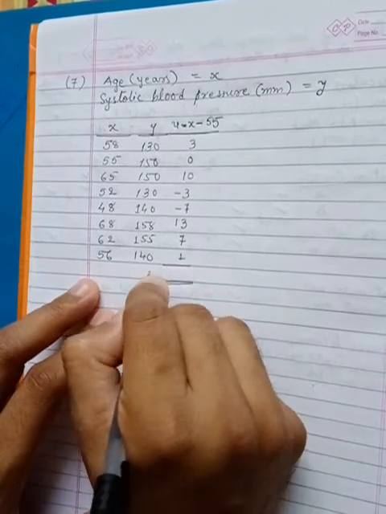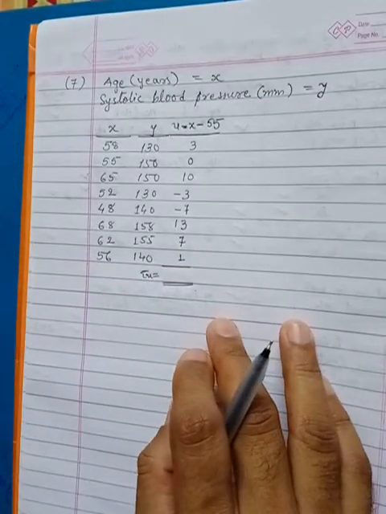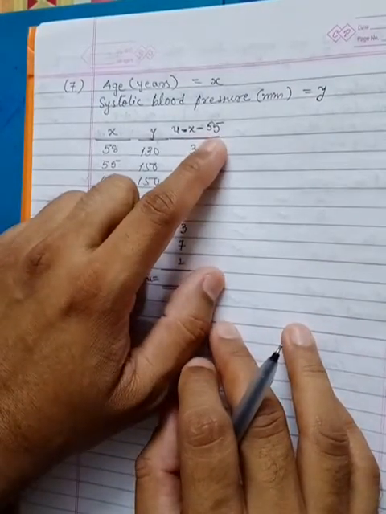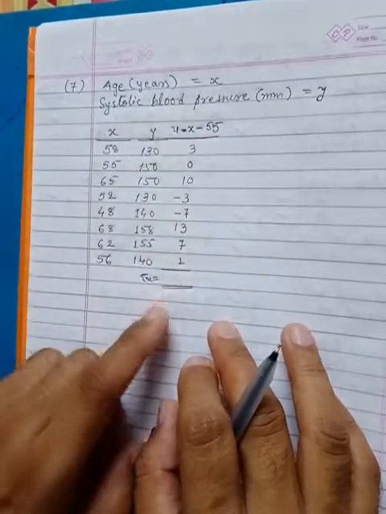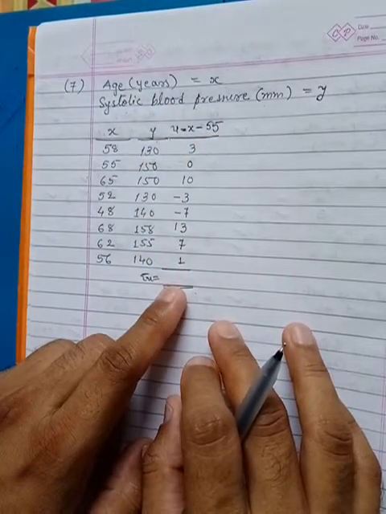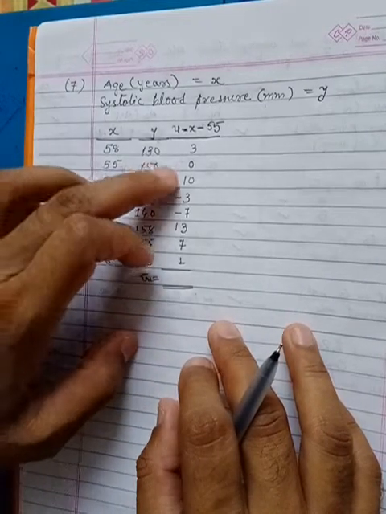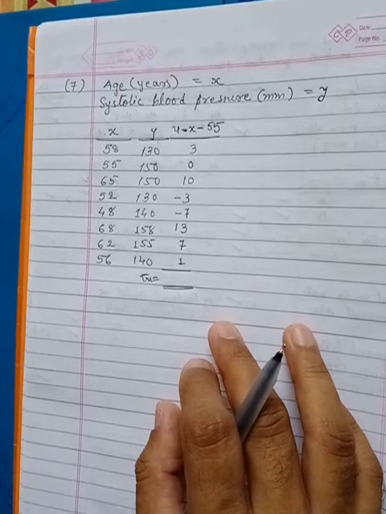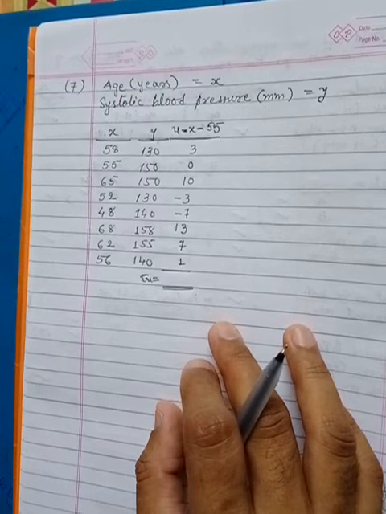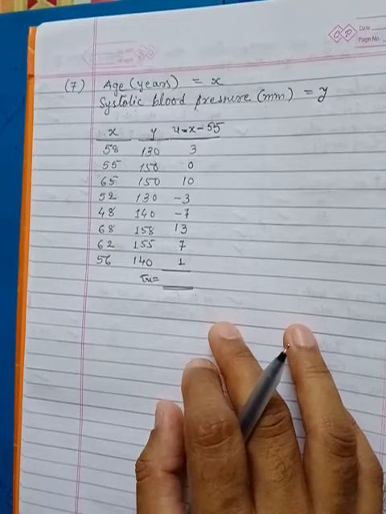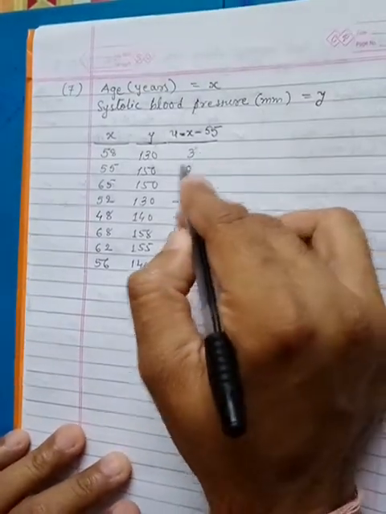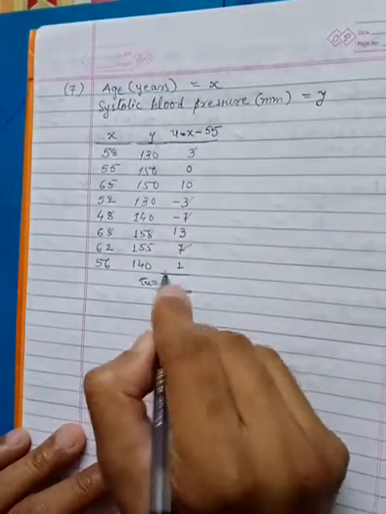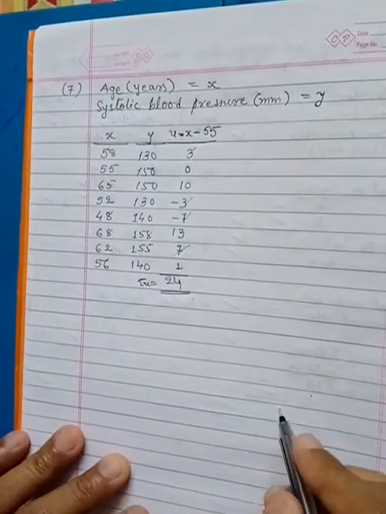Now find out this total. It may be more than 0. It is not exactly 0, because we don't know that this is exactly the mean. If it is not exactly the mean, the total of that column of deviations will be some value. So we'll try to find out. 10 plus 3 minus 3 minus 7 plus 13 plus 7 plus 1 comes to 24. Again you can confirm: 3 and minus 3 cancel, 7 and minus 7 cancel, 13 plus 10 is 23, plus 1 is 24. This is how you can also find the total.